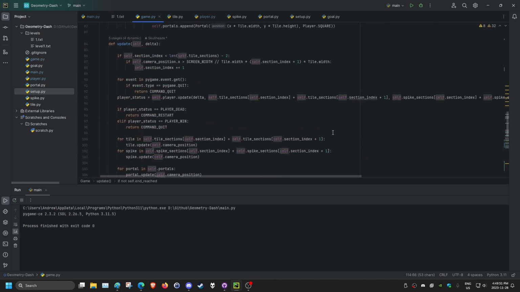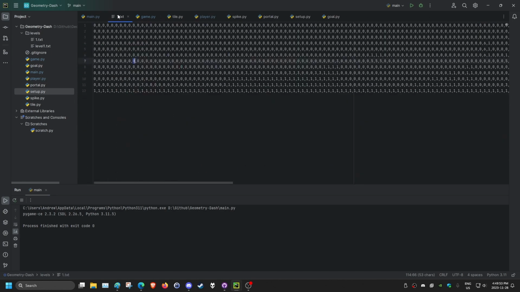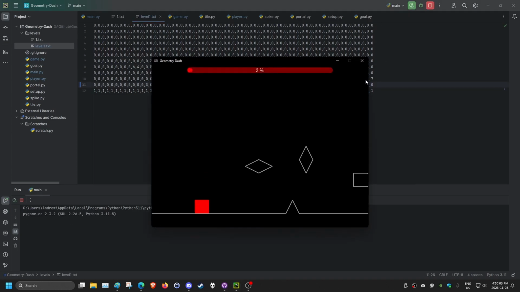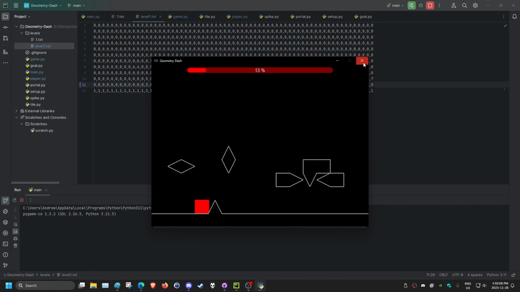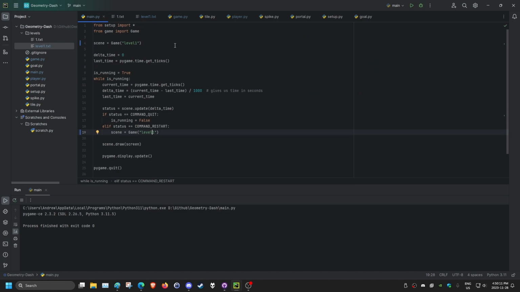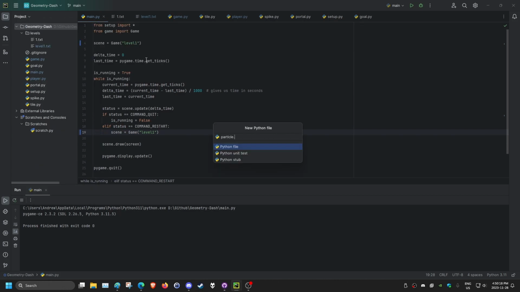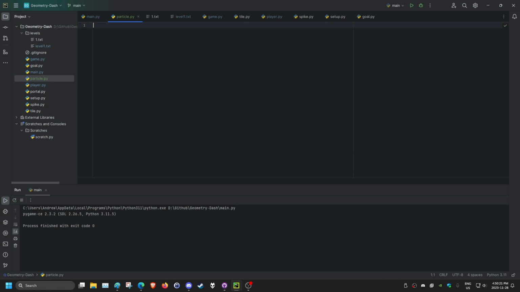Now let's work on when the player hits a spike or a wall. We need to make some code to make the player explode into a bunch of particles. Right now the player just hits it and the game restarts. So let's add in some particles for that. Let's make a new file. I'll call it particle.py. And in this particle.py file, we need to, from setup, import star,